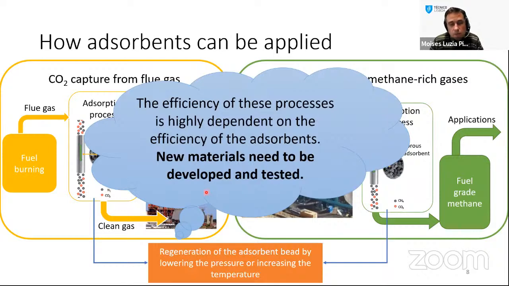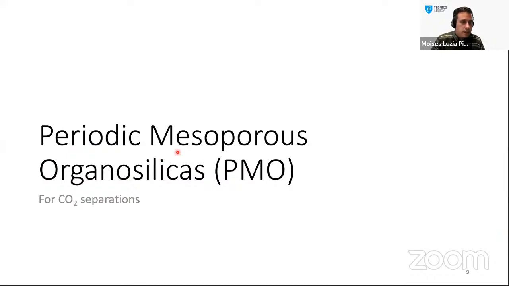So it's very important to develop new materials and to test them, because we can play a lot with the process and increase the efficiency from the engineering perspective. But we cannot extend beyond a certain efficiency, because this is related to the equilibrium and kinetics on the porous adsorbent. So I will show very briefly some examples of how we can use periodic mesoporous organosilicates